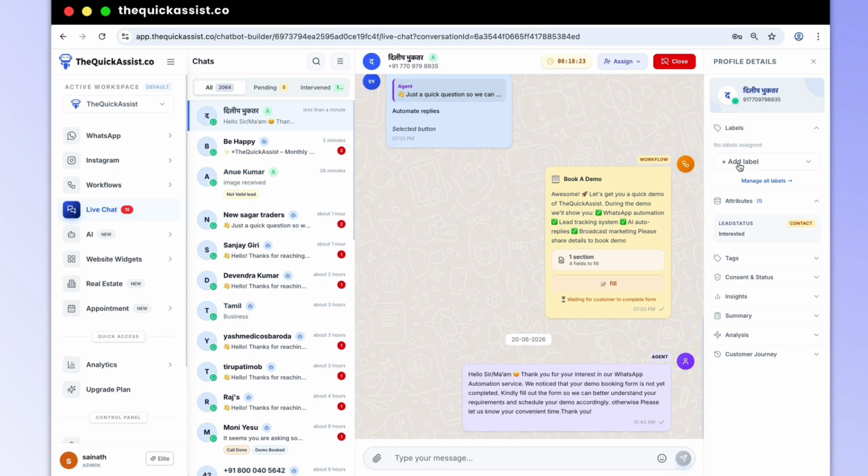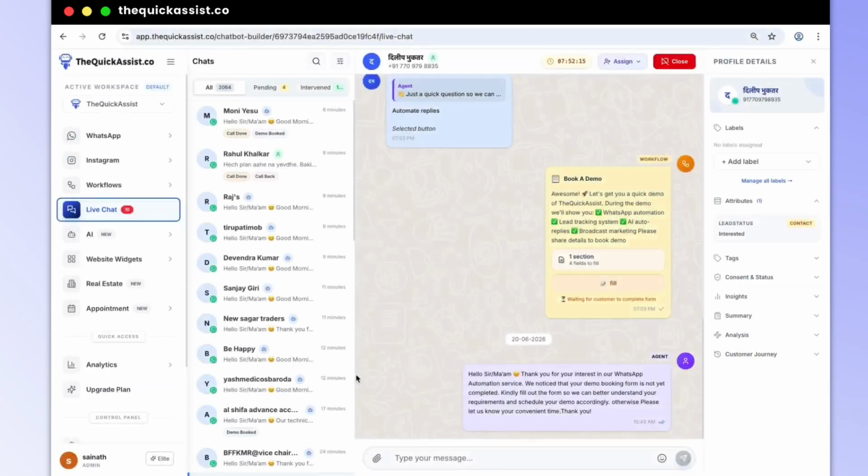Next, on the right side, we can add labels such as callback, demo booked, demo completed, or a follow-up to organize and track leads. So, this live chat dashboard helps business manage customer conversation, track leads, assign agents, and provide quick support from a single place.